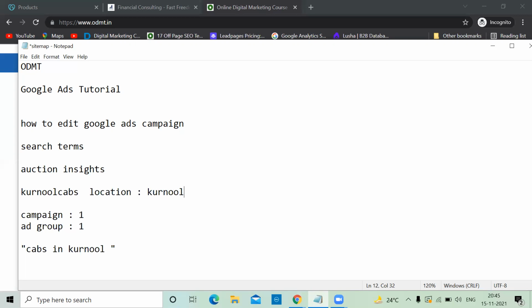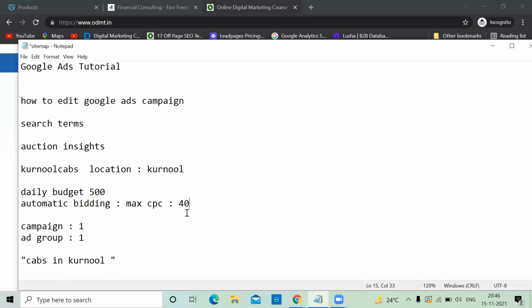I put a 500 rupees daily budget and automatic bidding, and I used max CPC, around 40 rupees. Maximum, I want to pay Google 40 rupees. It can take 1 rupee, 2 rupees, max 40 rupees. These were my campaign settings.